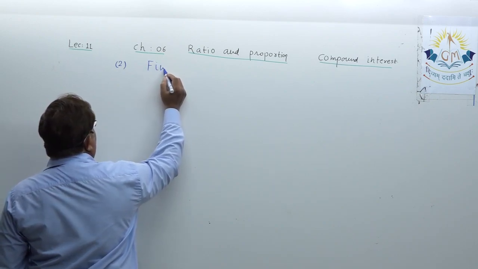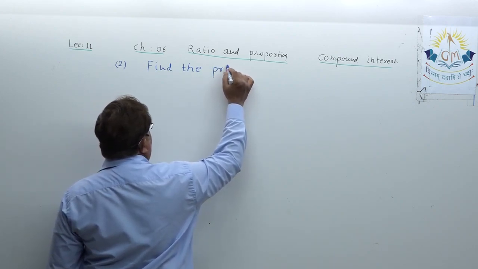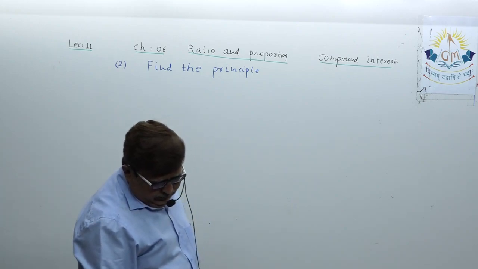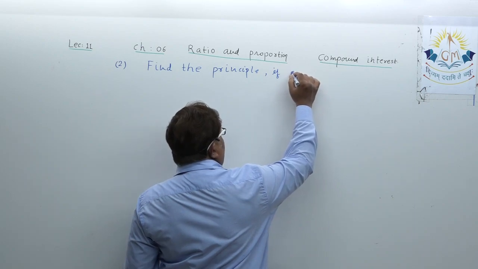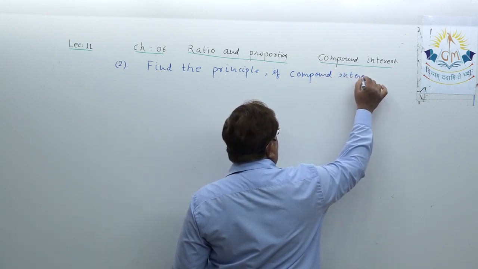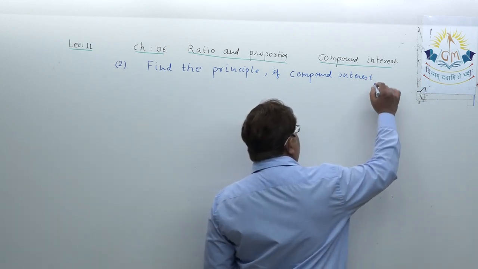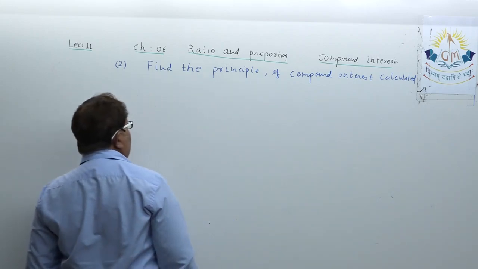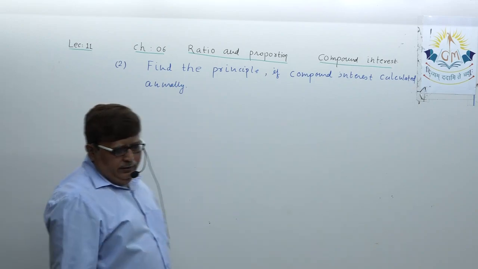Find the principal. Okay, find the principal if compound interest, this is little variant data, find the principal if the compound interest calculated, just write down, calculated annually, okay, calculated annually